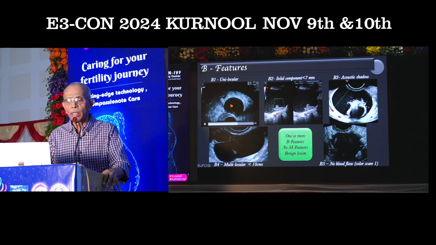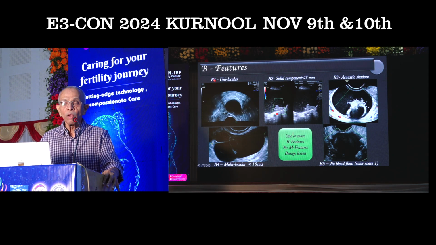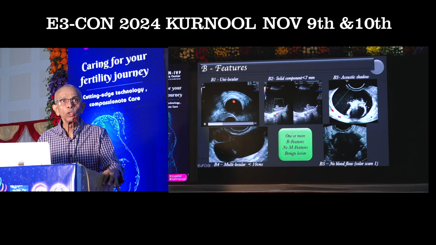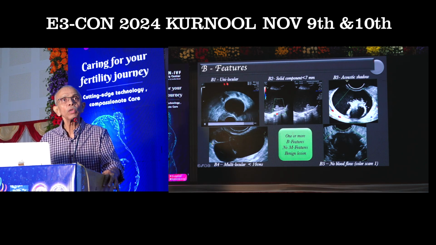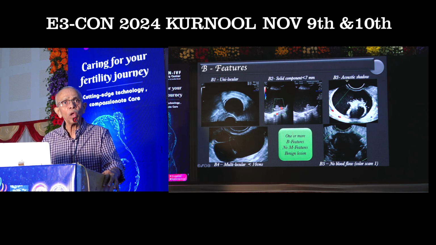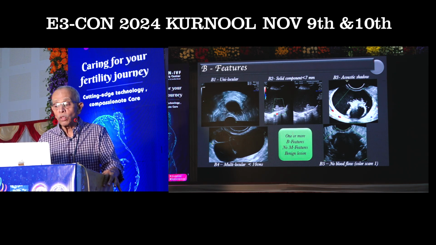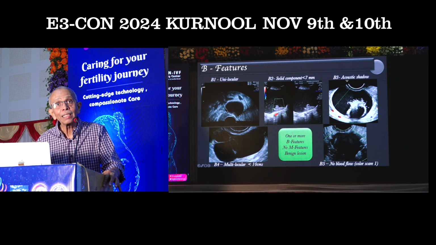This is a classical one. Here we have B features from B1 to B5. Whenever we have a unilocular cyst which is well circumscribed, the internal wall is absolutely clear, there is no solid component, and it is less than 10 centimeters in diameter, this is what is called the unilocular cyst, which is B1. Then we have a small solid component which is called an irregularity. When I showed you the papillations within the cyst, a small projection like this is not called a papilla, it is called an irregularity.